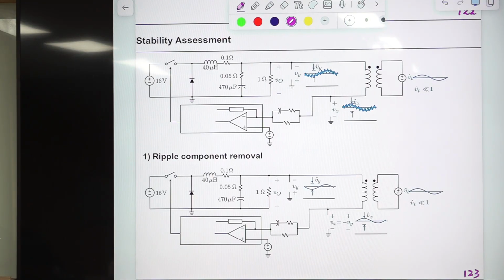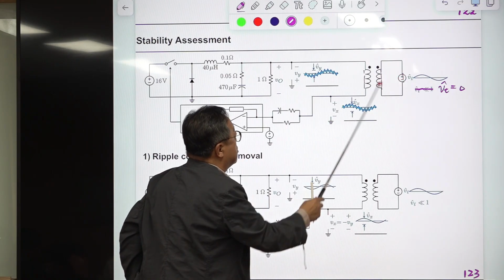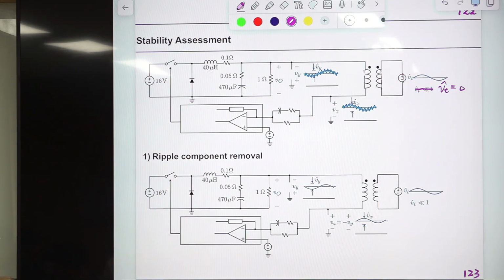So initially, that means this is shorted, then this is shorted, then this is shorted, because this is an ideal transformer. Also, this is the conceptual scenario. So this is 0, then 0, 0. And suppose some noise is generated, some spike type of noise, something like this, and it contains all the